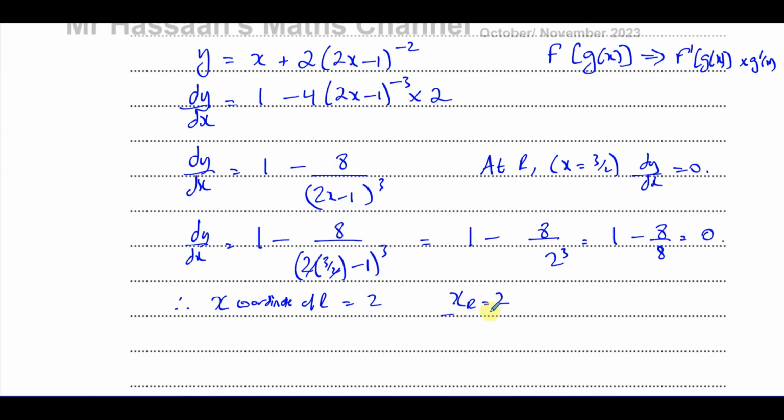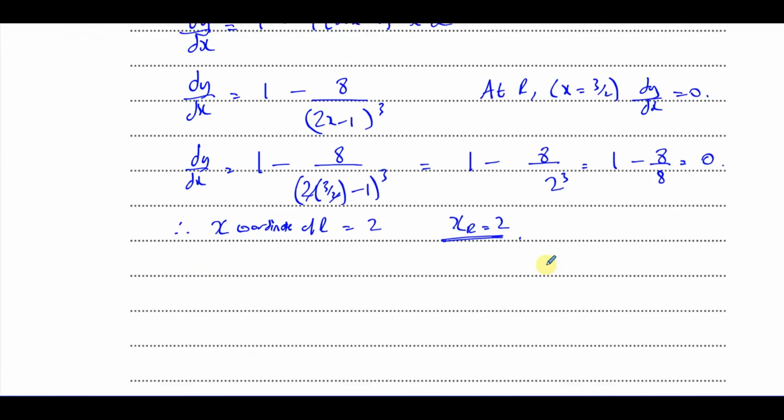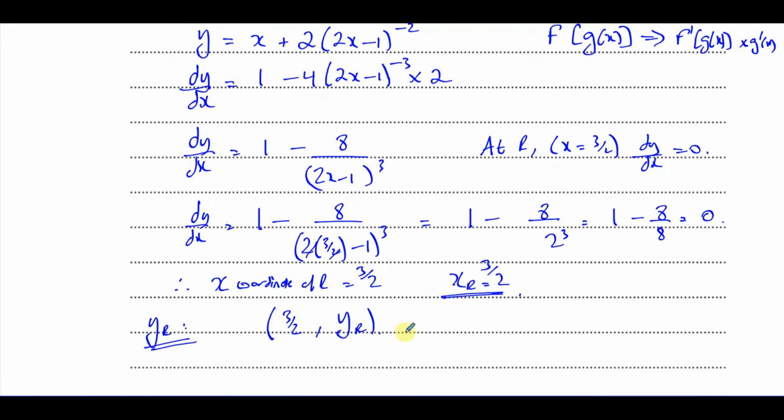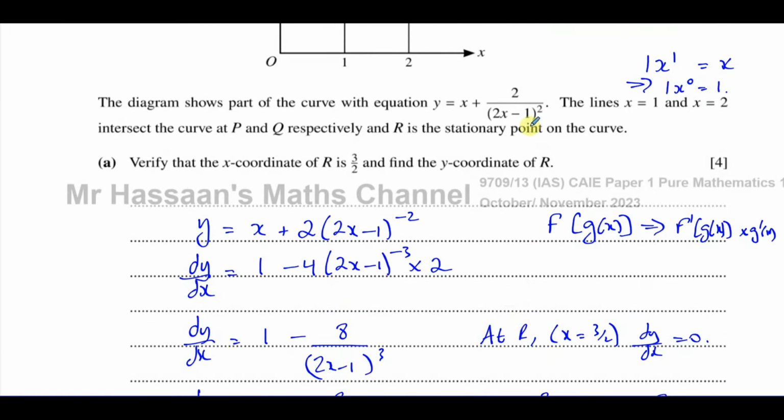XR equals 2. All right, so now we want to find the y coordinate of R. Okay, so we know that it's 3 over 2. So the y coordinate of R is what we have to find. Now, we can find the y coordinate of R by simply replacing the x value into the original